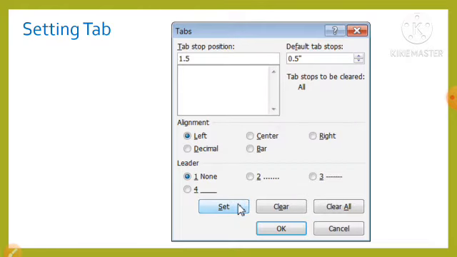Now we will be discussing setting tabs. The tab key is used to insert white space between characters and words, as we know. For single character space we can use the spacebar. However, for white space of more than one character space we can use the tab key. We can set the tabs from the tabs dialog box as shown here in this figure. We can access this dialog box by clicking the tabs button on the paragraph dialog box.